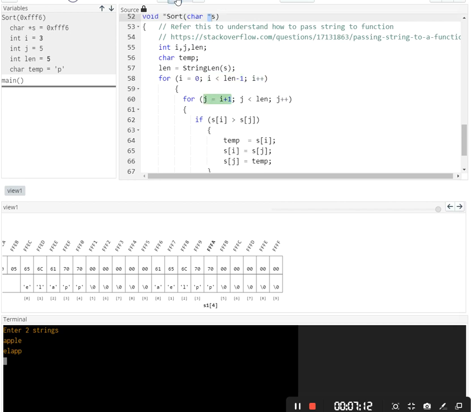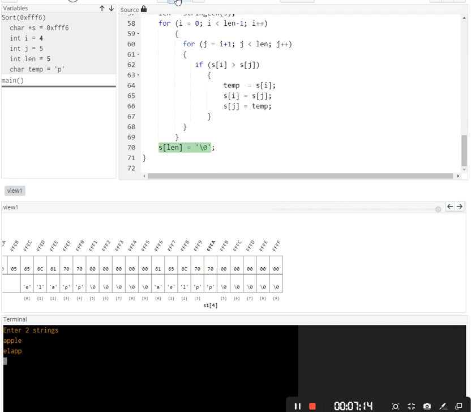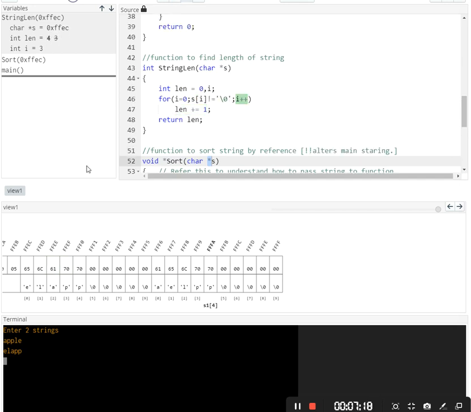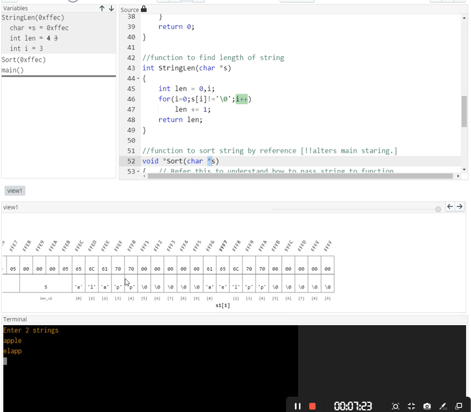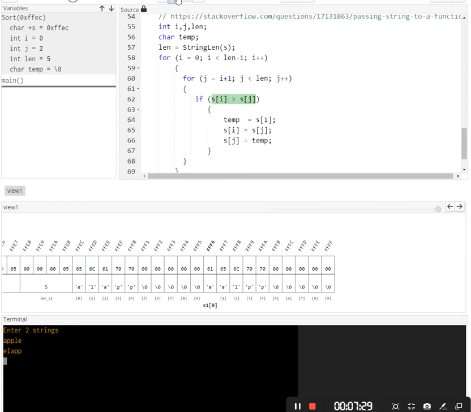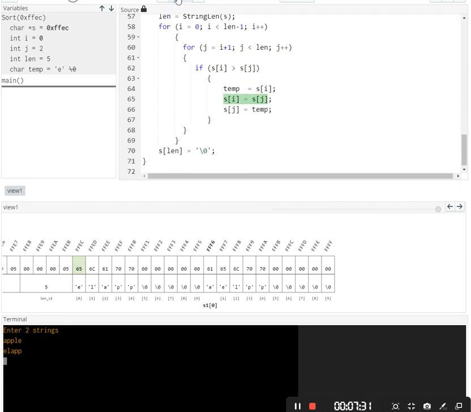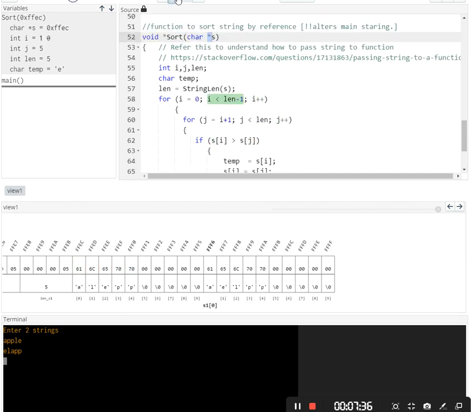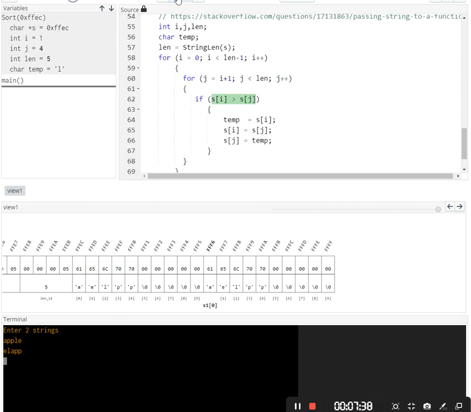It is changing in the actual address only, it is not copying. So now again for this one, here it is changing. ELA has to come first. So now this is string 1. So that has to change. So ELAPP, ALE. So again it has to change.